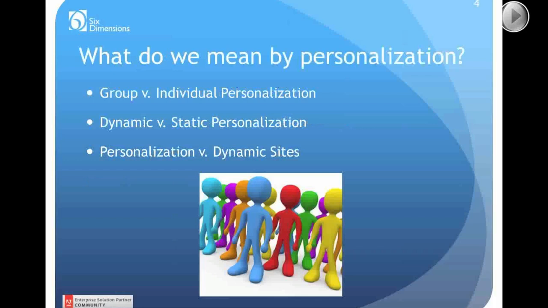So you're displaying specific content for segmented users, but not necessarily for individual users. Say, users between a certain age range in a certain geographic area. The next thing is dynamic or static personalization. CQ supports both. You can either pre-bake all of your personalization, have different copies, or you can do it dynamically as the page loads, either server or client side. That's one of the nice things about CQ: it offers options for both depending on your performance needs